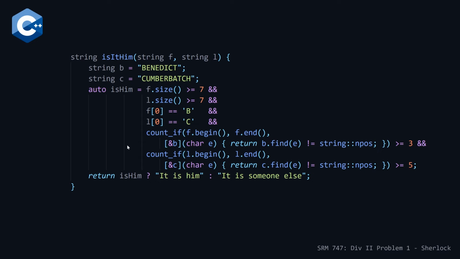And then the trickiest of the ones, criteria 3 and 4, are that the number of letters that exist in our two strings f and l, that the count that matches letters in Benedict and Cumberbatch are 3 for the first name and 5 for the second name. So the way we can do this for C++ is making use of our count_if function that we're going to call for both first and for the last name, and then we're just going to pass it a lambda in the capture list. We're capturing the two strings B and C respectively